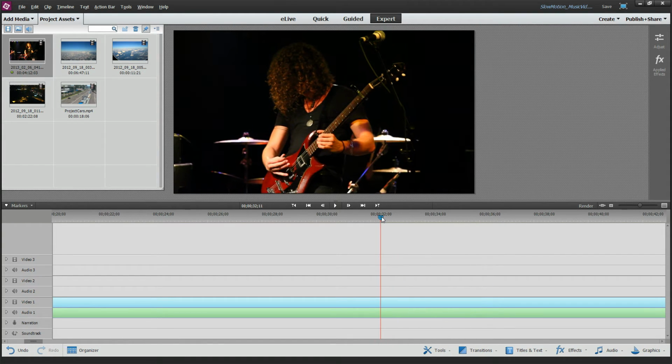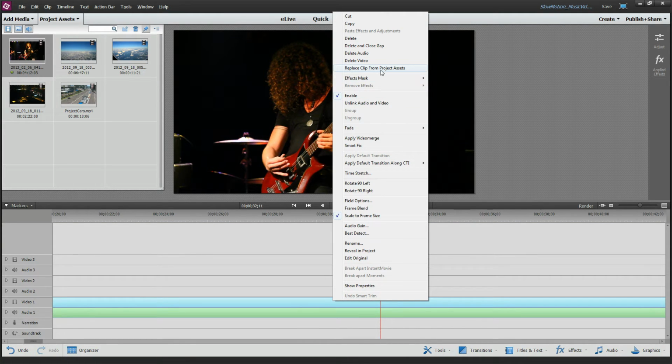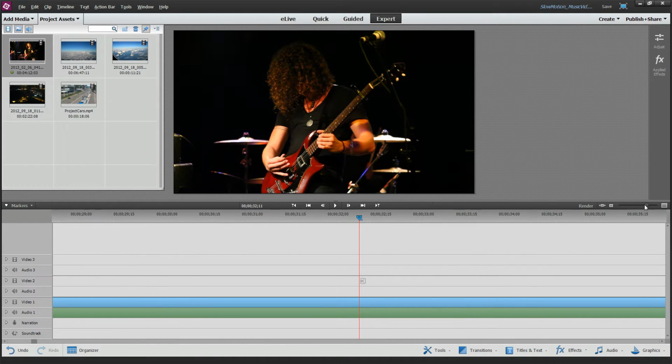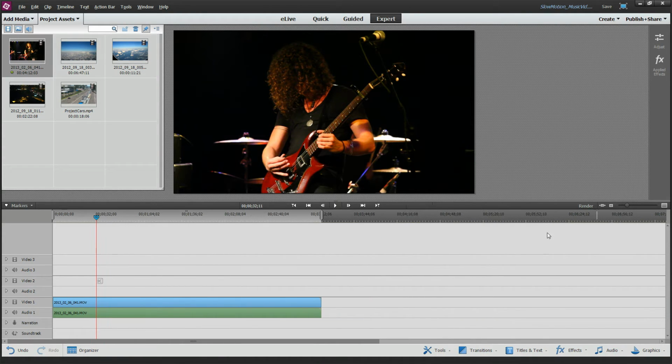So what we're going to do here is we're going to detach the audio or unlink the audio in the video, and that allows me to independently edit the video from the audio. Now, you might think that's kind of crazy because you always want the audio to line up with the video, and that's exactly true here. However, when we zoom things out a little bit, even though I've unlinked the two, I still can go by the end timestamp here to get the track synced back up if I need to.